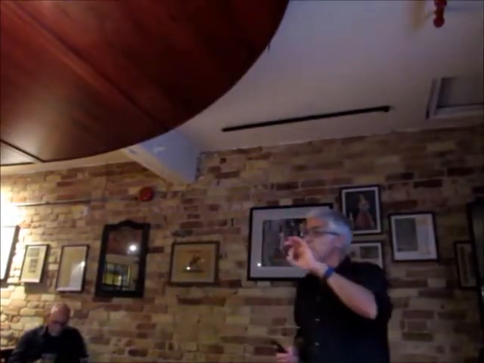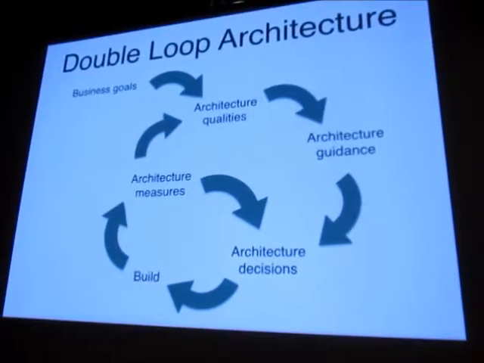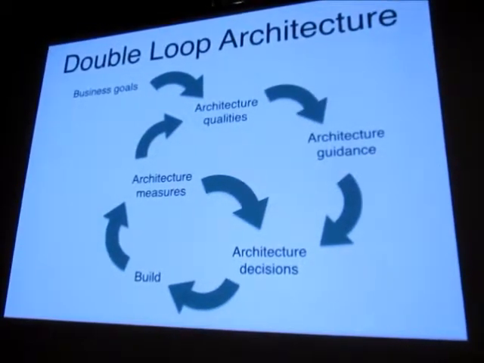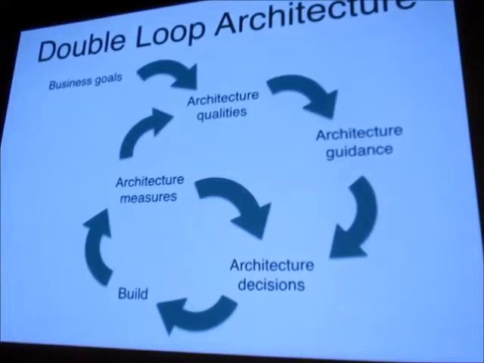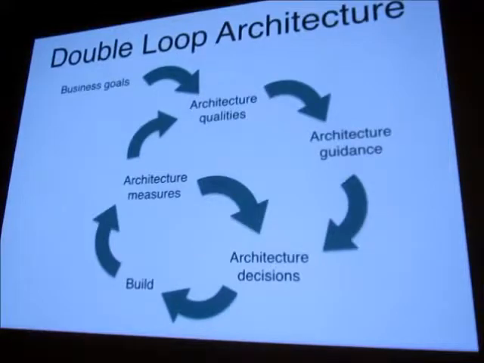And I've got this idea of having a double loop architecture, where on the outer loop, we're starting with business goals. I think this is super important. The architecture should be hinged not on what we think architecturally would be awesome. It should be driven by what our business needs. Do we need a scalable system? How big, how scalable does it need to be? Is it more important to be secure or scalable? What about performance? Those things should not be answered by the architects. Those should come from our business.